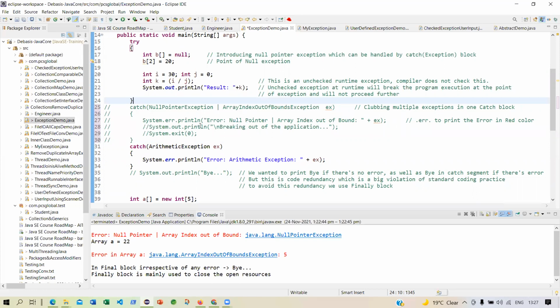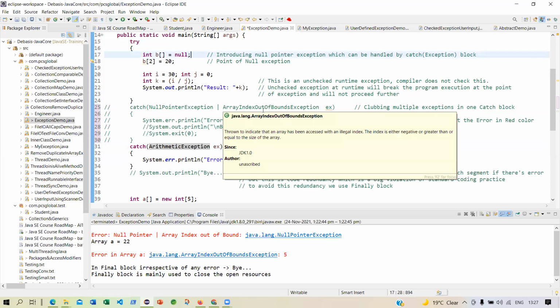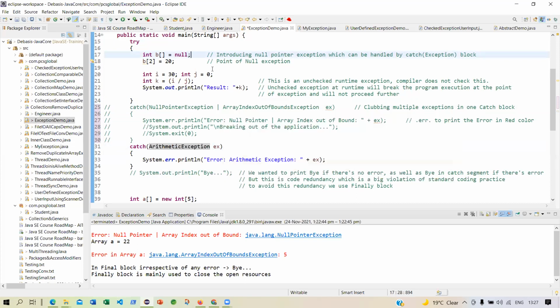Now what I've done is I have taken out one catch, the null pointer exception, or array, in this catch block. I am only handling the arithmetic exception. But do you think this is an arithmetic exception? This is an arithmetic exception because it is division by 0. I divided by j, which is 0. Something divided by 0 is always a division by 0 error.